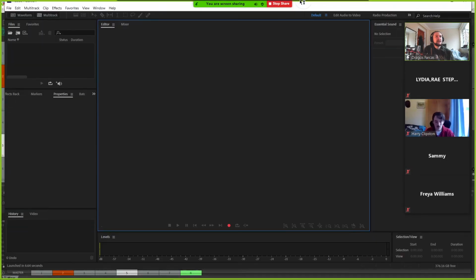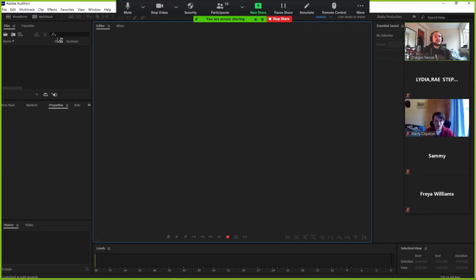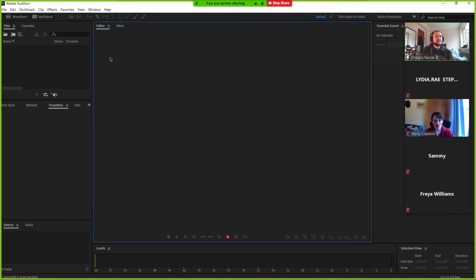Adobe Audition. So when you start Audition, you're greeted with something quite different because it is an editor. So you can do the same thing you do in Audacity, which is record a track. So if I press that red button, things will start recording. However, you might notice that there is no button to